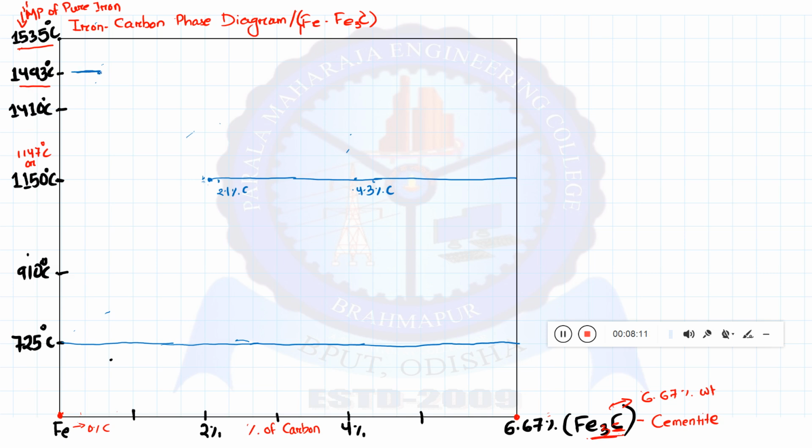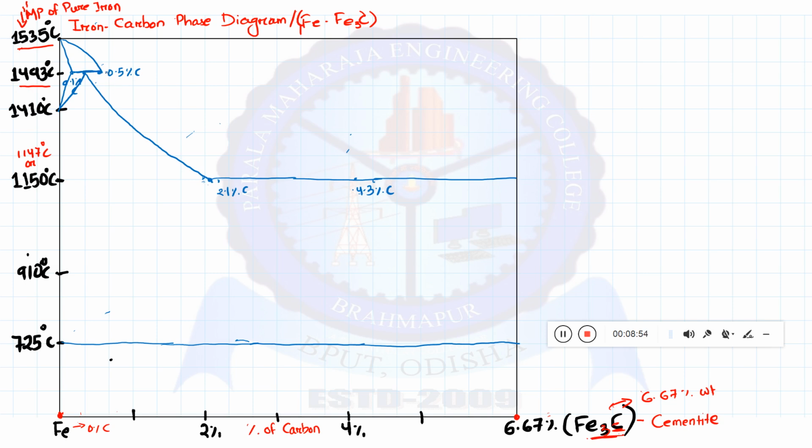Okay, so this is our 0.1 percentage of carbon, this is our 0.5 percentage of carbon, and in between which this is our 0.2 percentage of carbon. So here the phase diagram is something like this. Okay, so from this 0.2 percentage of carbon, one boundary will be extended up to 2.1 percentage of carbon,